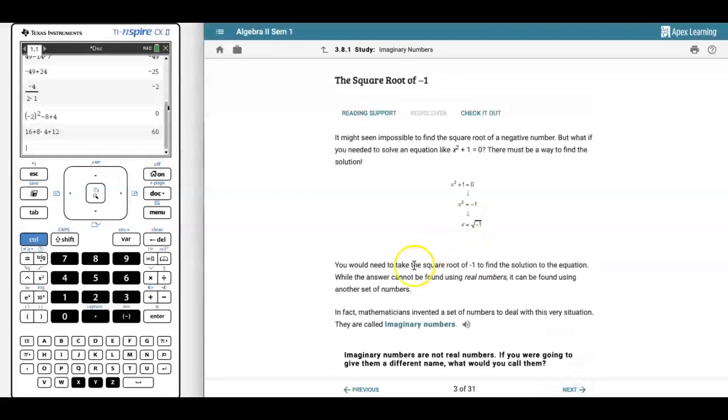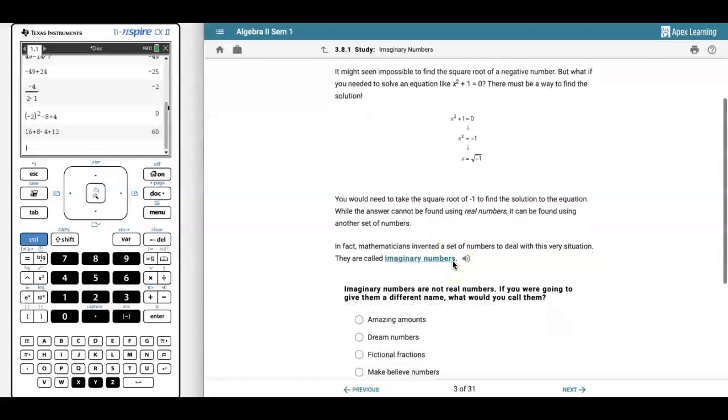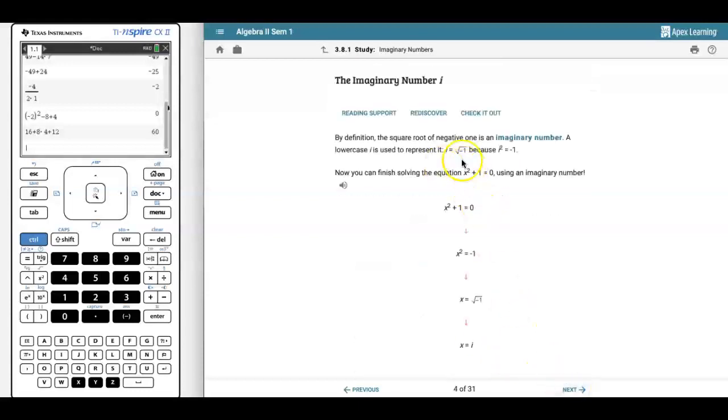All right. So what happens is if we have x squared plus 1, we can move negative 1 to the other side, and we can take the square root of both sides, and we end up with x equals the square root of negative 1. Now, there's no real number that we can get here. So what we did is we invented this thing called imaginary numbers. The square root of negative 1 is going to represent this imaginary number, which we call